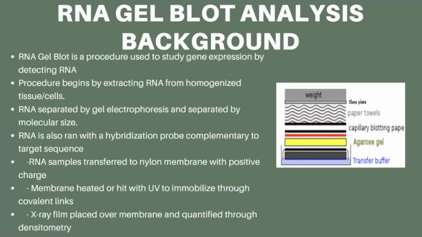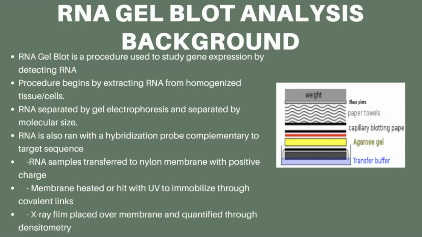So again, I'd like to give a little bit of context to what the next part of the experiment pertains to, and that is RNA gel blot analysis, probably better known as northern blotting. And this is very similar to another process you might have encountered in one of your first biology classes, which is southern blotting. However, in northern blotting, it runs opposite. So RNA gel blot is a procedure used in gene expression by detecting the RNA. And the RNA first needs to be extracted, and it needs to be separated from the